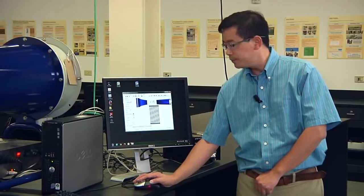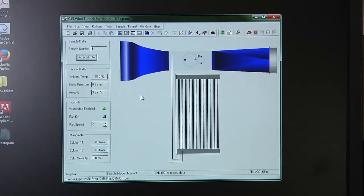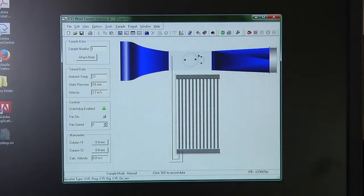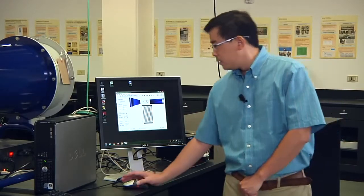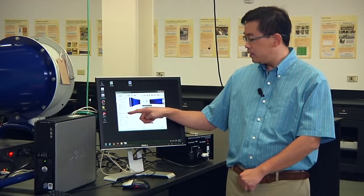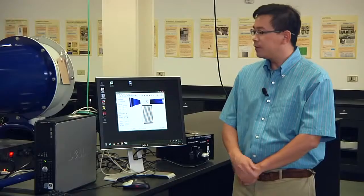Click on load. You will see a little window like this. Then you need to change the ambient temperature of 18 degrees Celsius to the room temperature, 23 degrees Celsius, here. The software will use this temperature value to do the interpolation to get those physical properties of the airflow. When you see the watchdog enabled small green LED illuminated, which means the wind tunnel and the software, everything